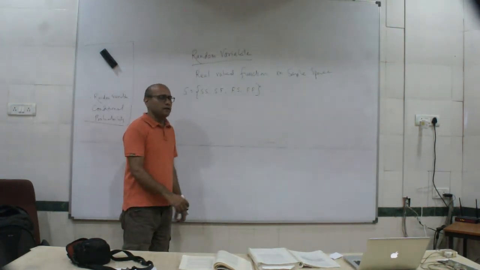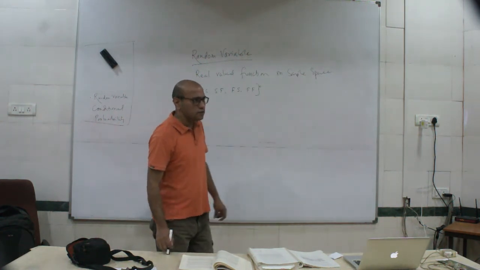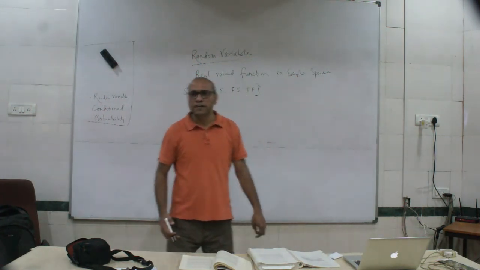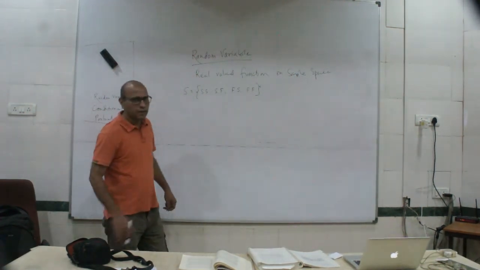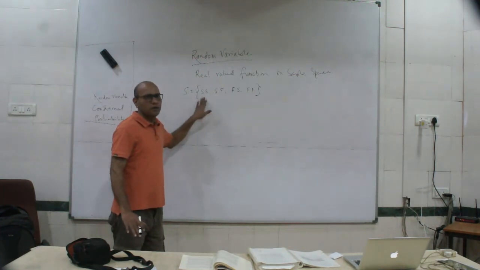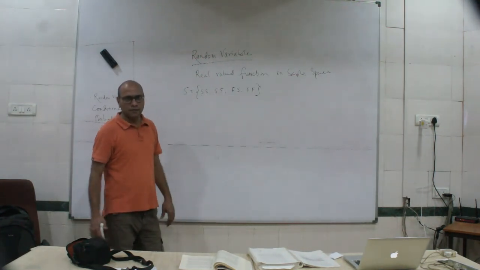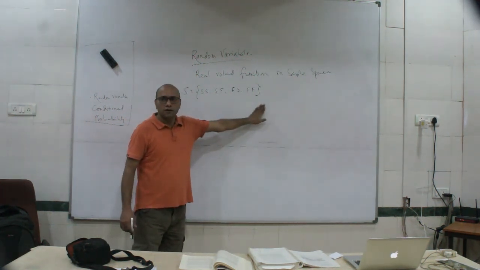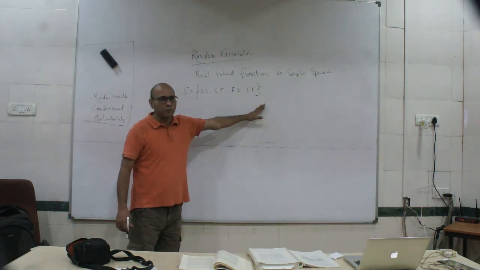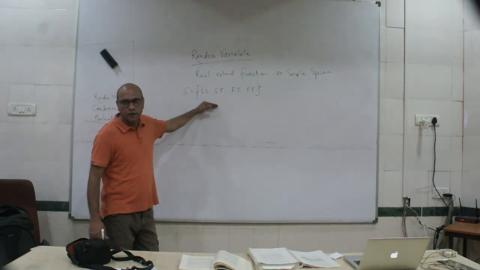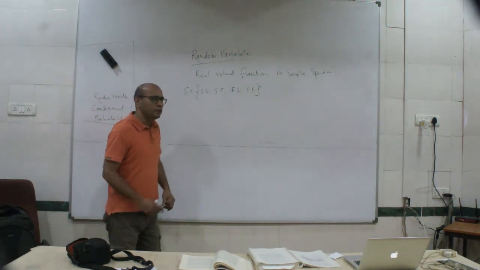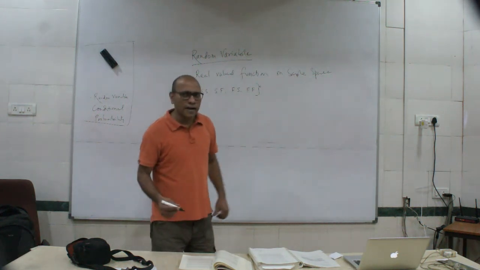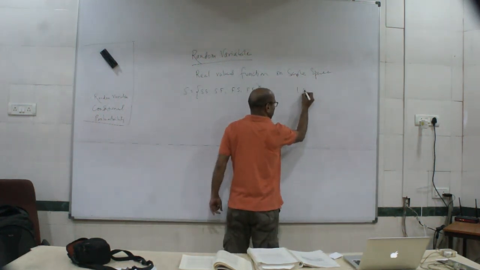Failure means they give an incorrect answer, or within the given time limit they do not give us any answer or do not give us the correct answer. That is called failure. Success is when within the time limit they give us the correct answer. Right? So these are the only possible outcomes in this sample space. So sample space is a set that consists of all possible outcomes. Right? Now what I'm doing is, generally in these experiments we assign them points. Right? So I say that you will get 1 point for success